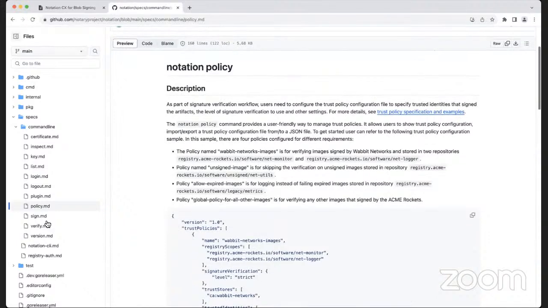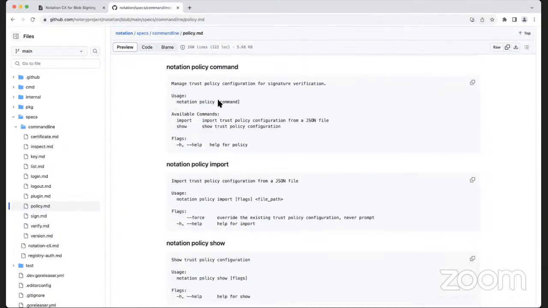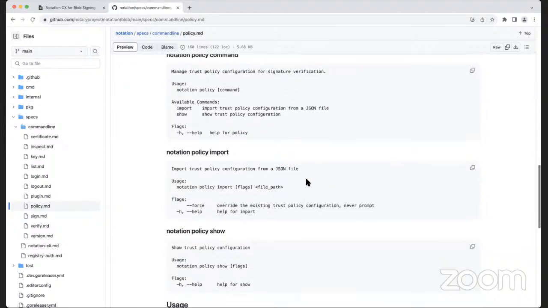So let's look at this. I think in policy, show and import, right? Again, I haven't thought through this. We'll have to further qualify. If they get separated out into their own policy docs, you'll have to qualify here which policy is being shown, right? So for notation import, you would have to specify that we are overriding the blob or importing the blob policy.